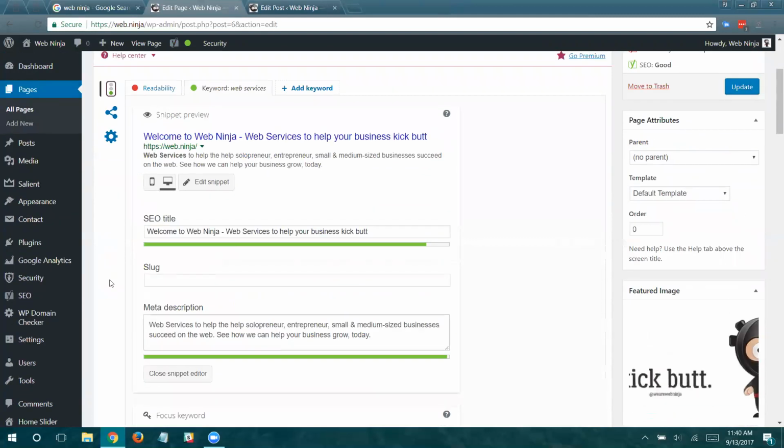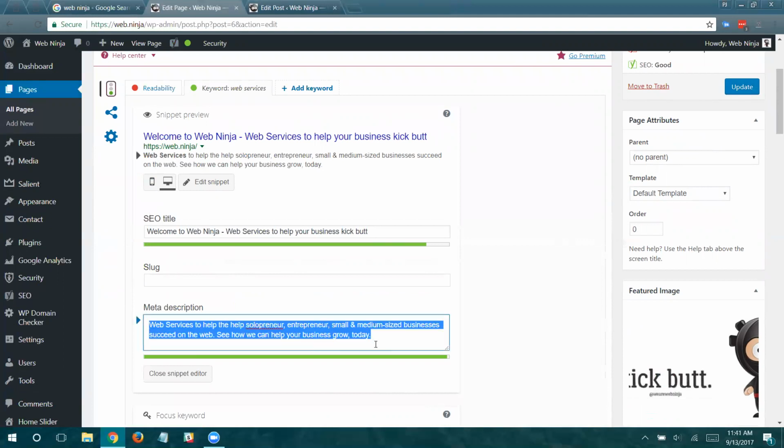I know it's a long shot because there's millions of web services sites out there. But with a good SEO strategy, I can actually get my site to start ranking higher and higher for that search term. Okay, again, it goes back to that beautiful web structure that I showed you at the beginning and how you create that. So again, here you're going to see the meta description, and we can edit that very specifically right here.